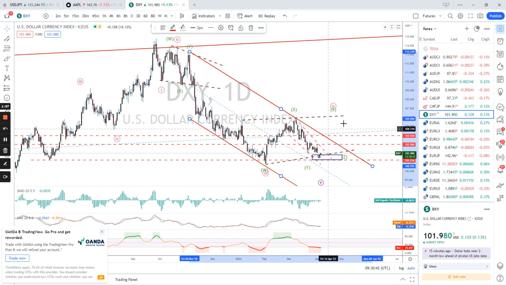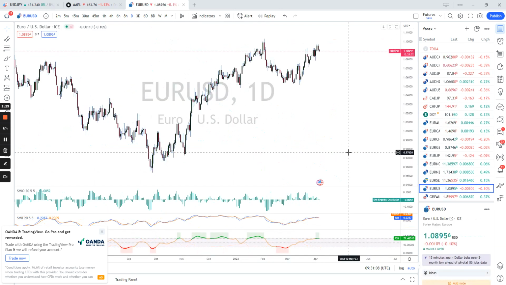So far we look at the USD and the dollar index, DXY, for the long trades and for the buy against the other currencies, which we'll take a look at. Also we will take a look at the Forex market, the indices and the crypto market in this weekly free market overview. So let us switch to EUR/USD.